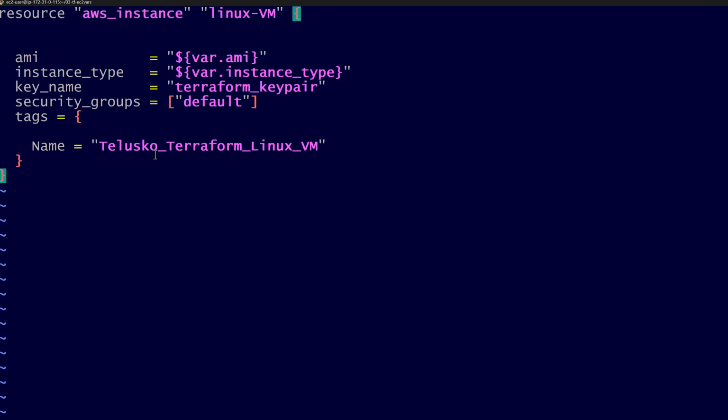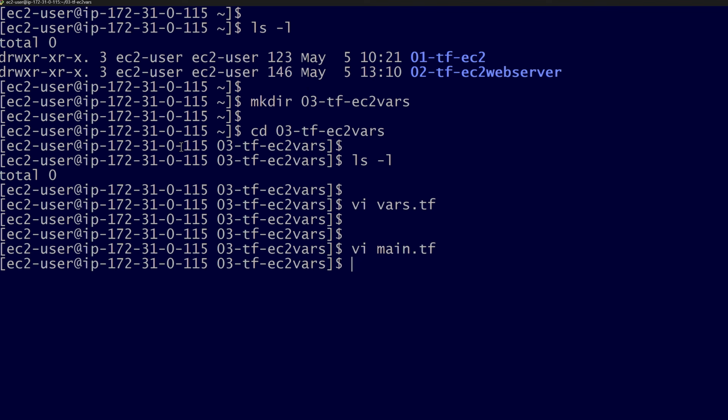And if you want a differentiating factor, intentionally I would like to give the name of my virtual machine as just Linux VM, so that you can understand it's not the same machine getting created like the previous script, just to say that it is a different script. So Linux VM is the name I have given here. I would like to save this file, and now create one more file, which is